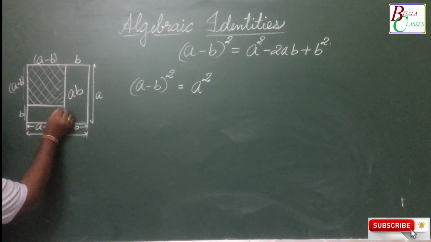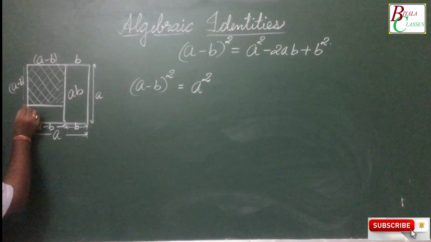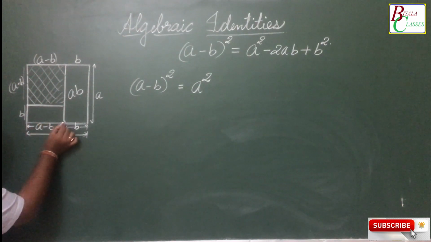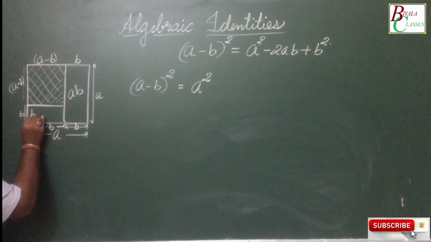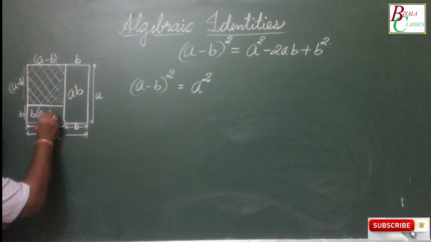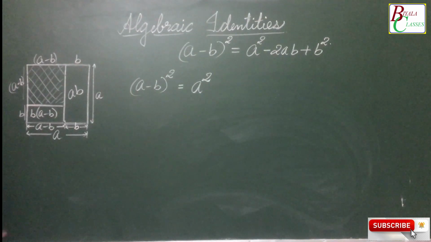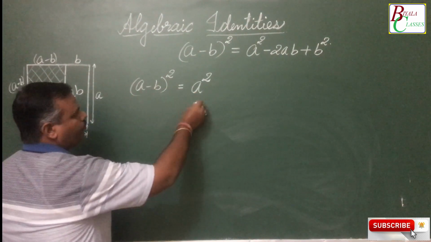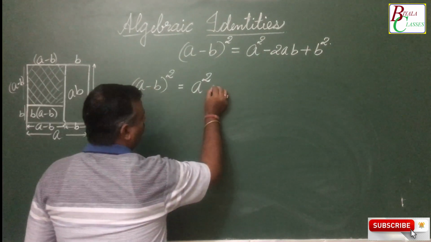Here, this is again a rectangle whose breadth is B and length is A minus B. So what about the area of this? It is B multiplied by A minus B. So the area of A minus B whole squared is equal to A squared minus,